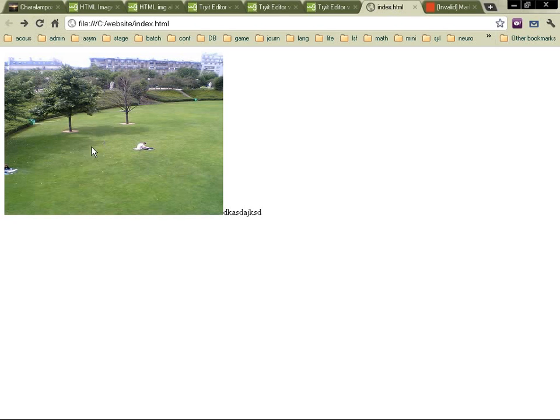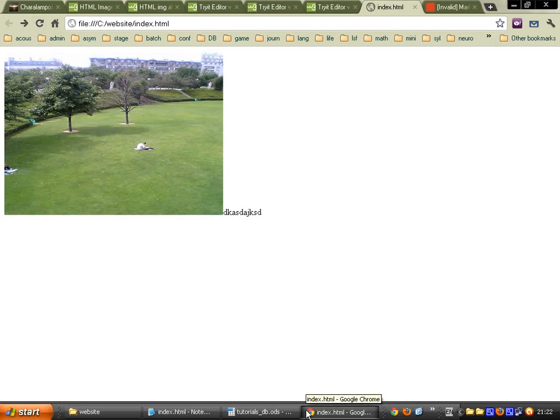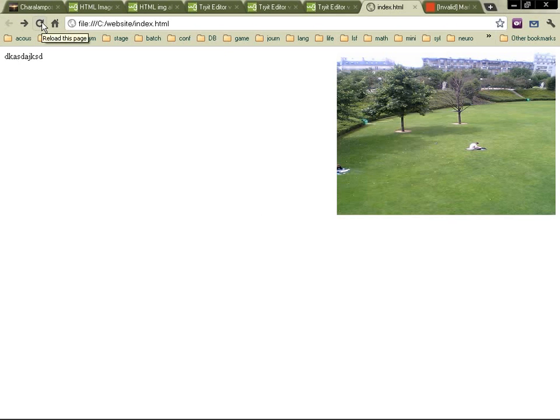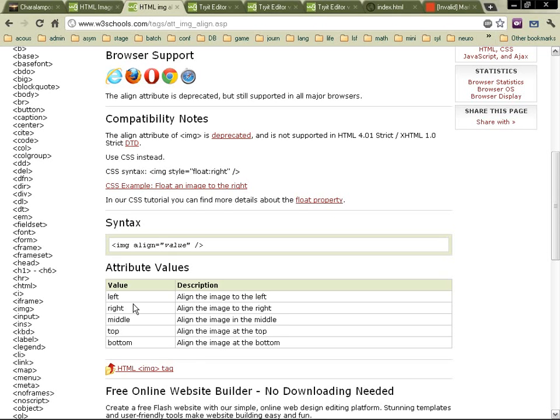By default the image is going to the left, because you can see here that we first indicate the image and then we have the text, so the image goes to the left. Of course, you can do align equals right. So don't forget the double quotes, and you've got this. Then you can have middle,